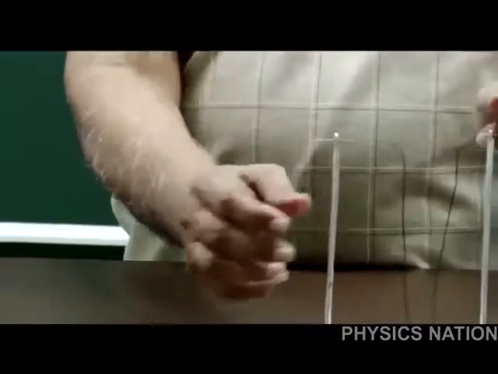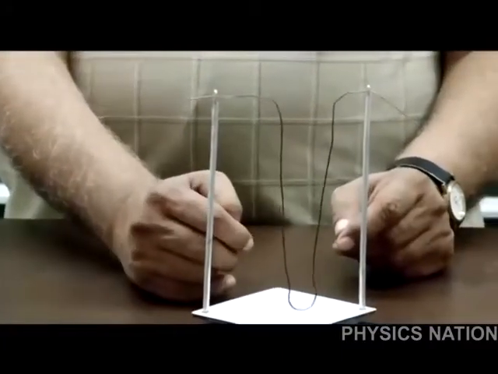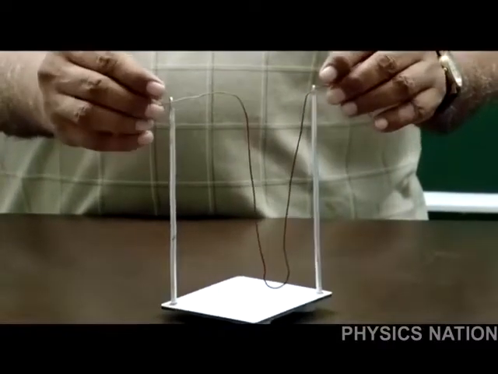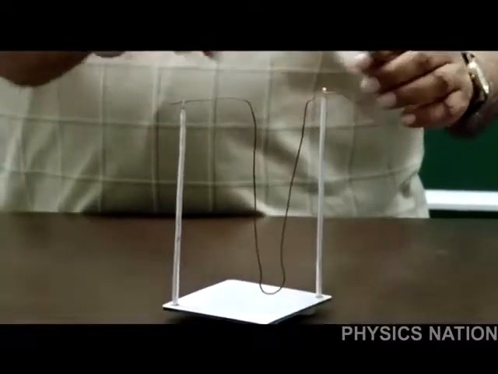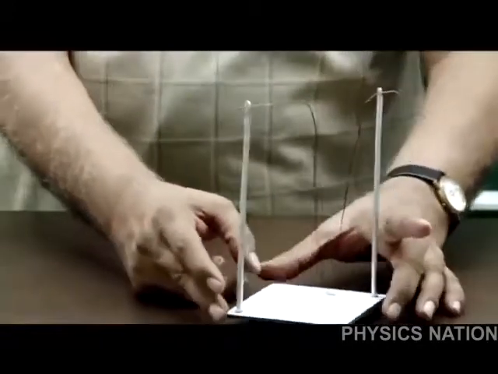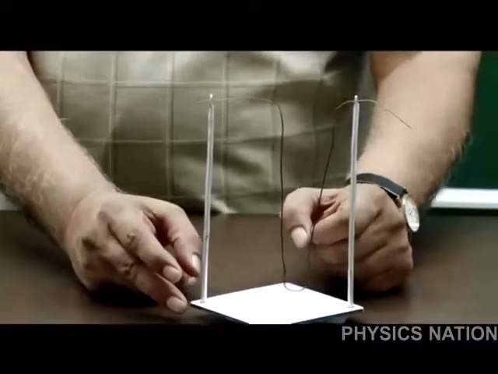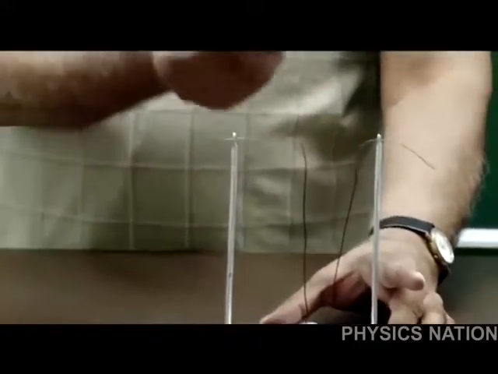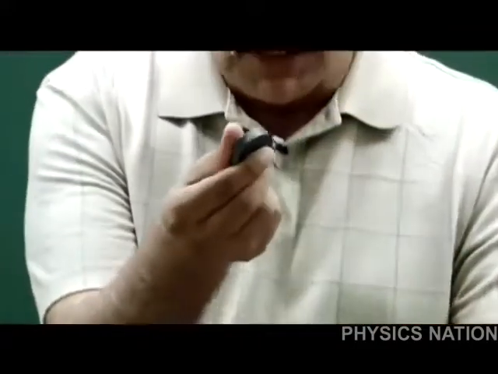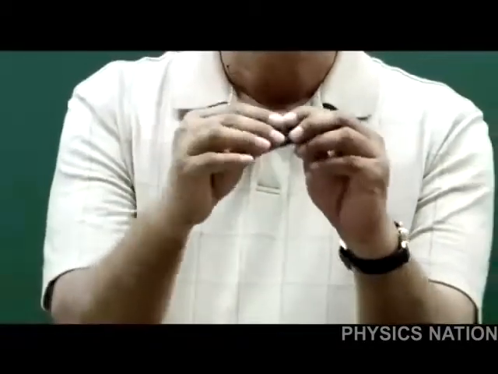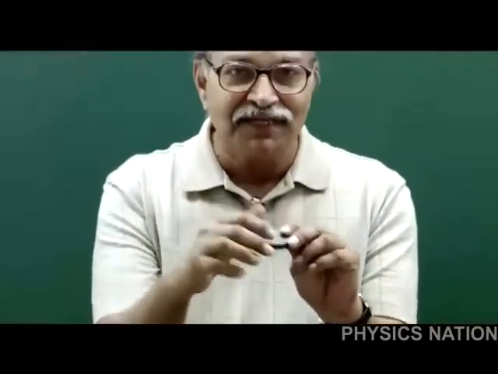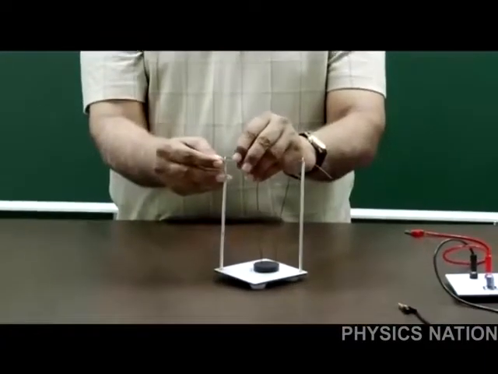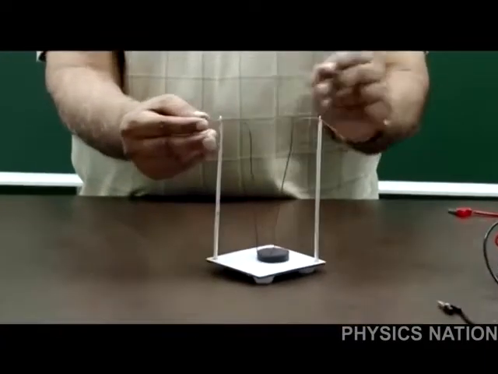this whole thing can move like a swing. So we normally call it a swing experiment because this wire can swing here. Now, we have a magnet, this time also cylindrical, but flat disc type, height is small and radius is more. So I can put it here near the base,